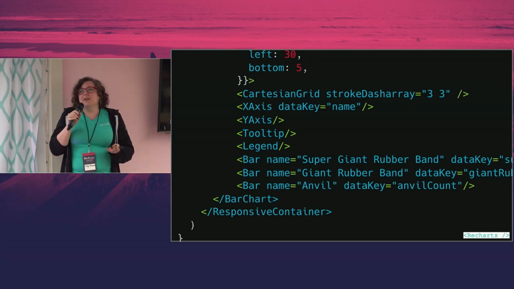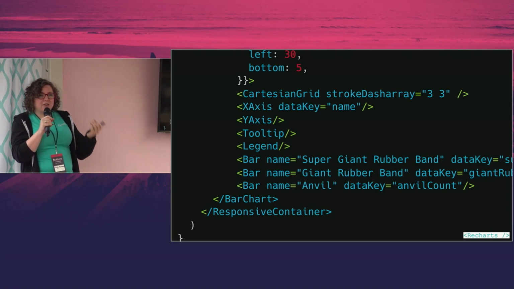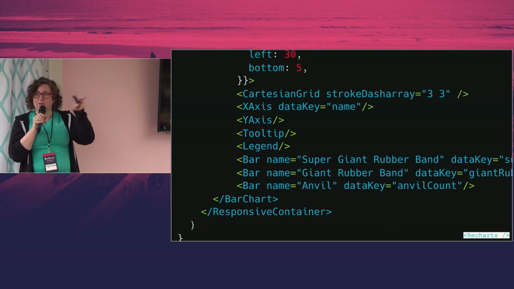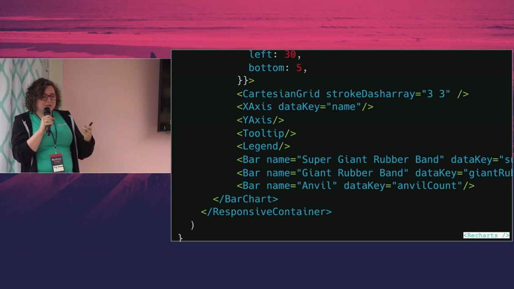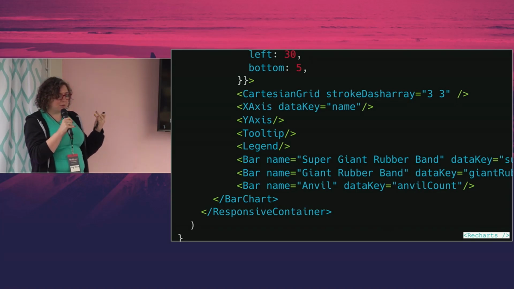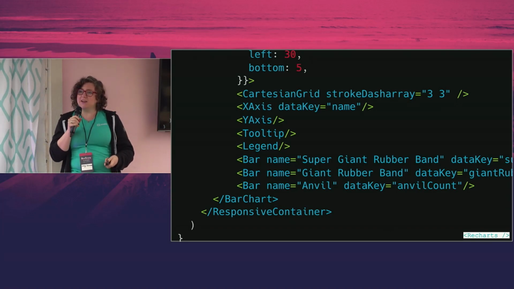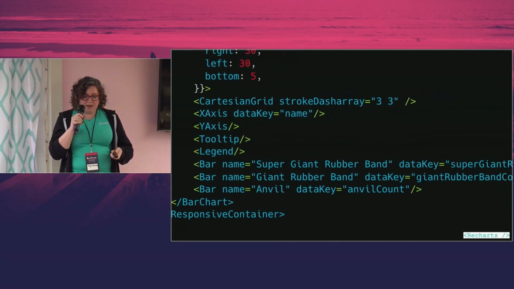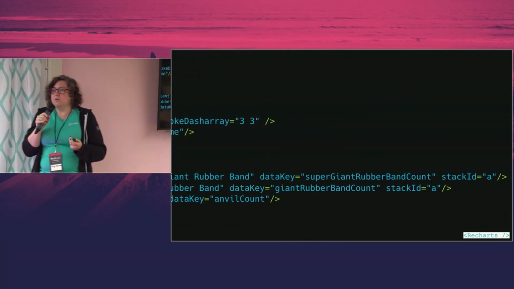You should put some other things on to make them usable. So the Cartesian grid is basically putting a grid on top. Now, I find these quite good for allowing you to see where it falls over, particularly if you're looking for smaller values in your columns. So it's an optional thing, but it's definitely worth having a think about. Make sure to put things like tooltips and legends on there to make it easy to discriminate between values and series. And then also think about your stacking options.